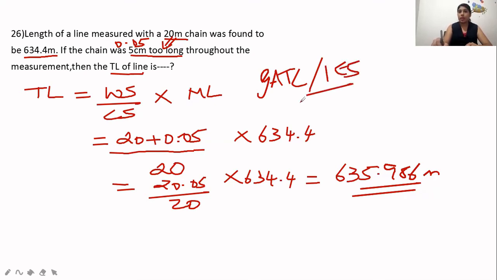This type of question can be asked because these calculations can be done only on a calculator. So if it is asked in the PSC, it will be a very easy question which you can cancel at the moment, because calculator you cannot take with you.